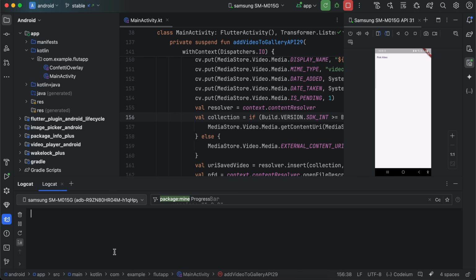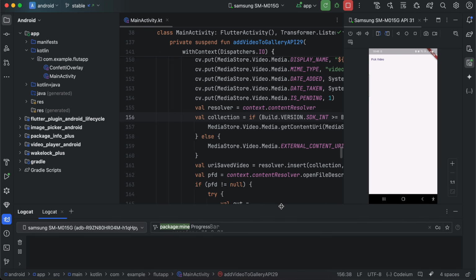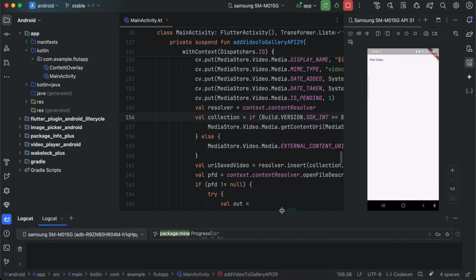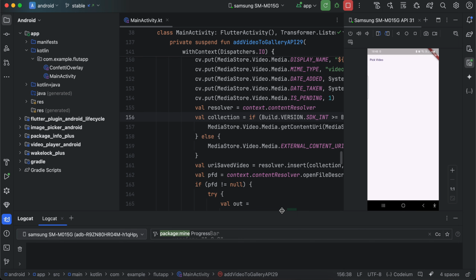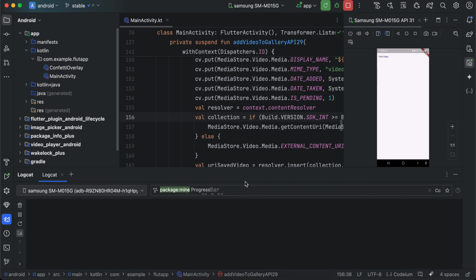I'm just mirroring my device using Android Studio, and making the output a bit larger. I have a button called pick video. I'll click on pick video, and it will open the video picker for me. As you can see, I just have one video. I'll select that video and it should start the